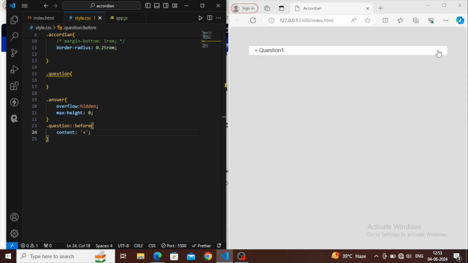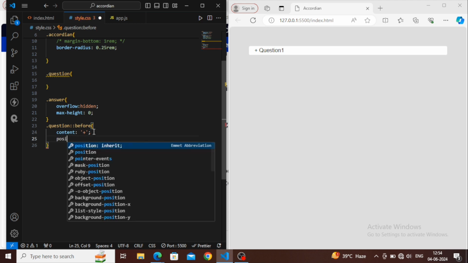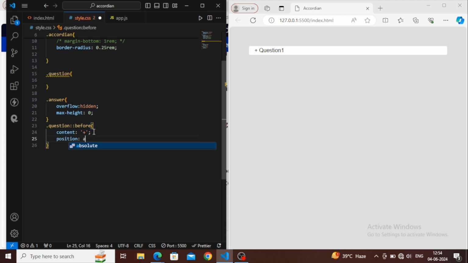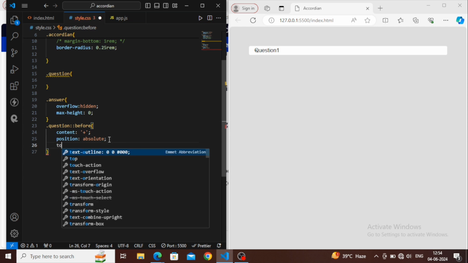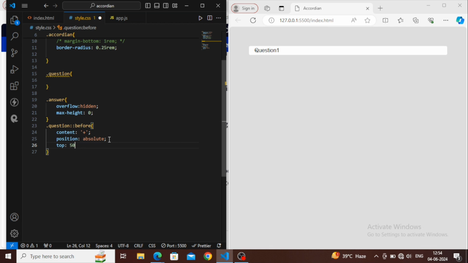We have to write some styling for this so that the plus sign comes here. For that we will give position absolute. Okay, so it is now here, and after that we will give top 50%.